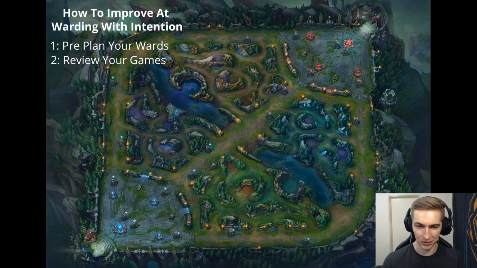But if you're thinking about it and you're placing it, now you can start to see, okay, I placed this for this reason, but my reasoning was wrong. Next time I'll use this information to make a better decision. Basically, you'll learn from your mistakes if you're getting punished for these bad wards, and then you'll see a situation,